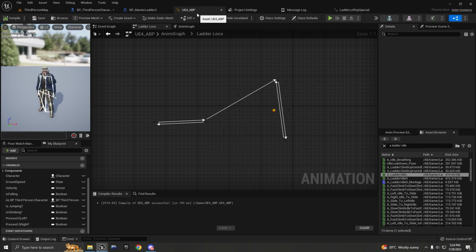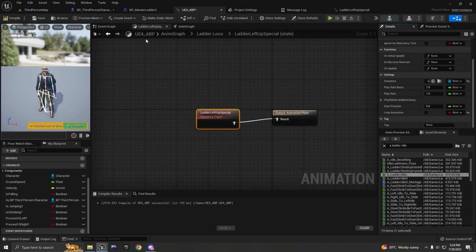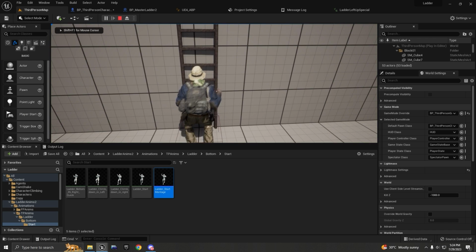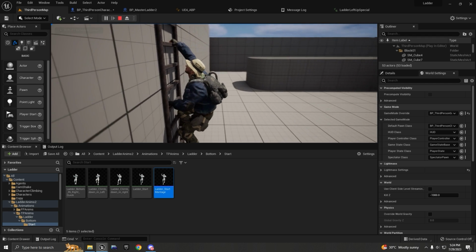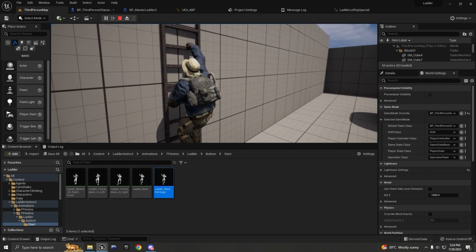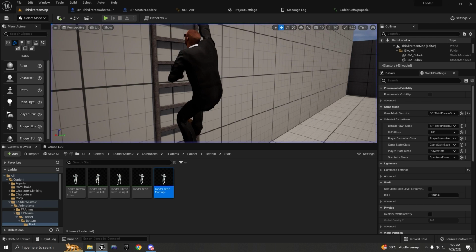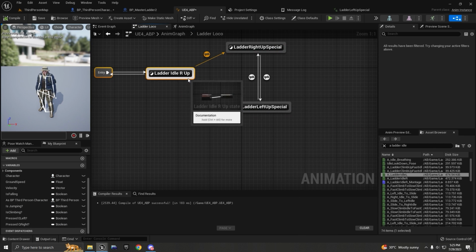I think I have to disable the loop animation here. Comes by default enabled. Now I press play. Then if I press E, the character is going to put his right hand on the top. If I press Q, yeah, I have to make one more state transition,